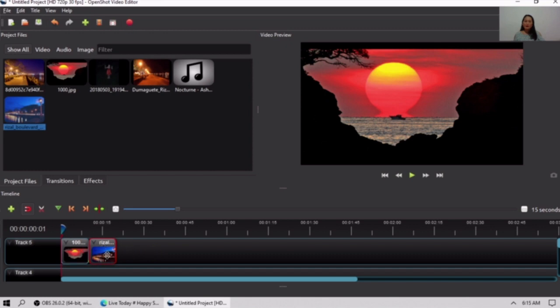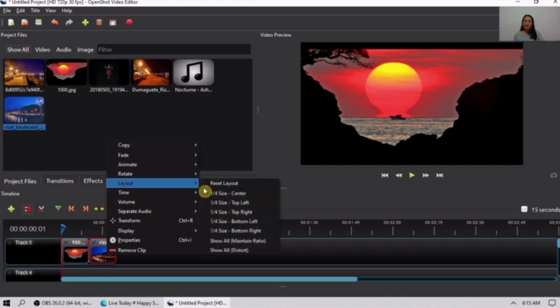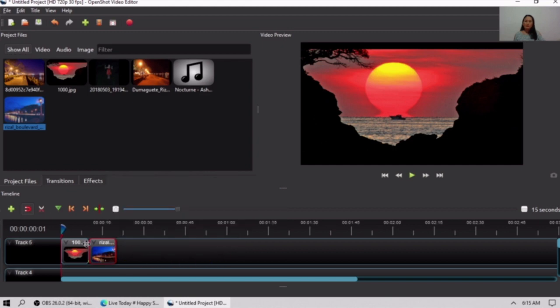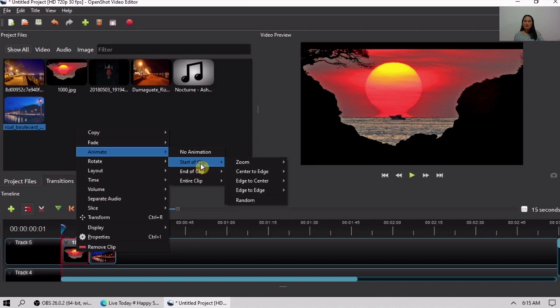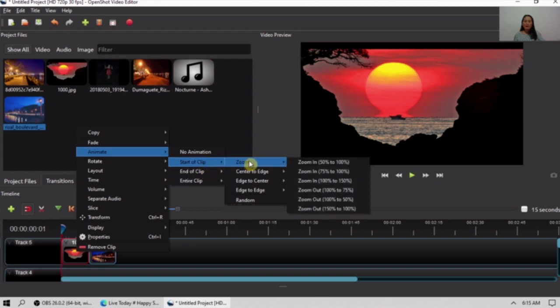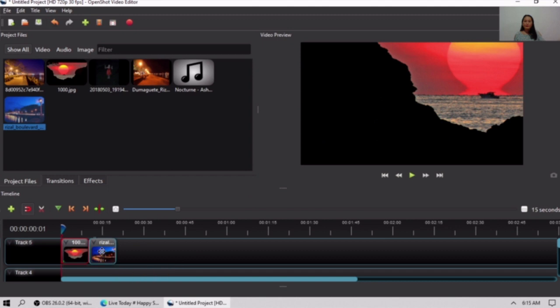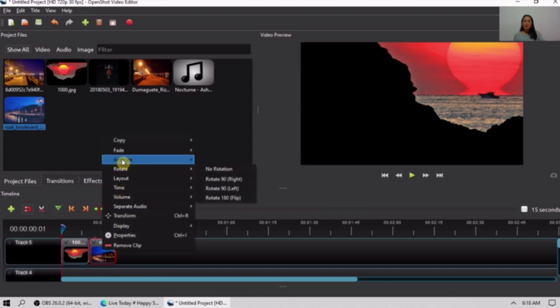For the second picture, I will just remove the bars. To apply animation of an image, just select the photo and then right click and choose this animate. There's an option, either start of clip, end of clip, or entire clip. So let's say for example start of clip, and then I will choose random. Then the second picture also,